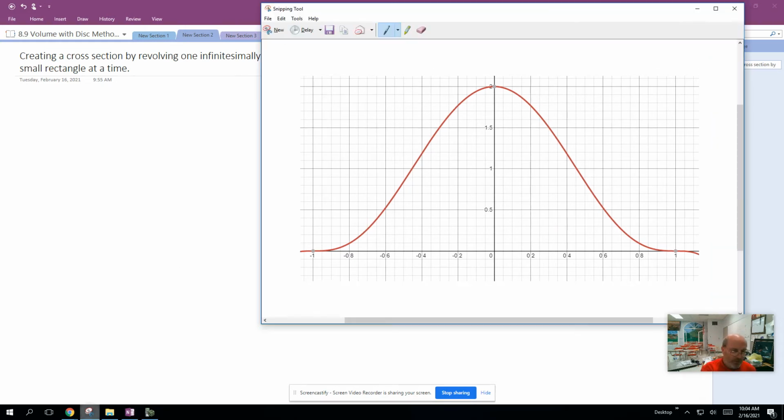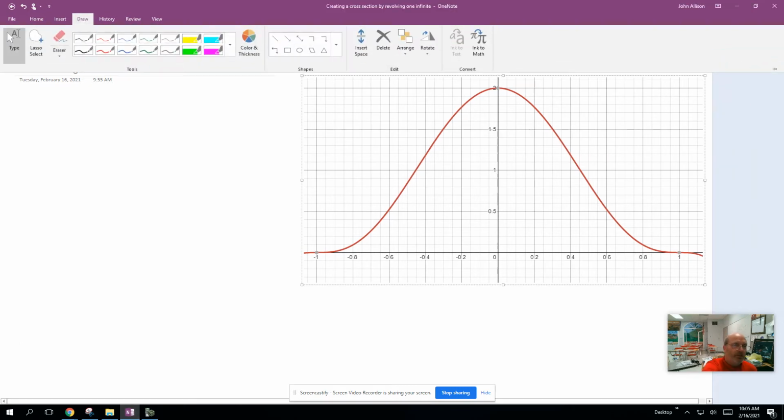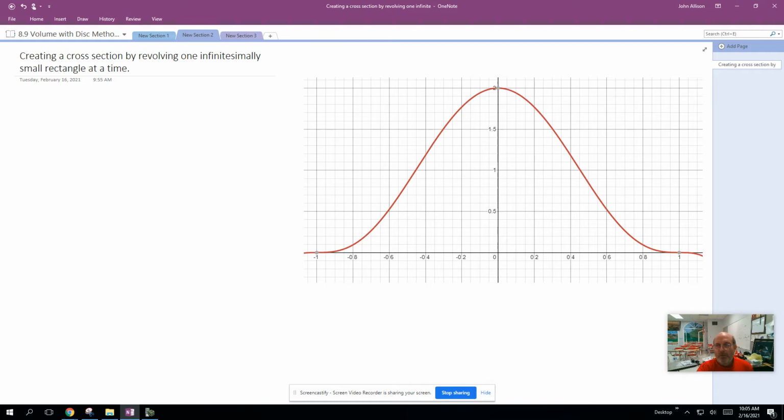If we're looking at a cross section and revolving around the y-axis, we would take one rectangle whose width would be dy, and if we were to revolve that, we could take that one disk, this would be a disk,